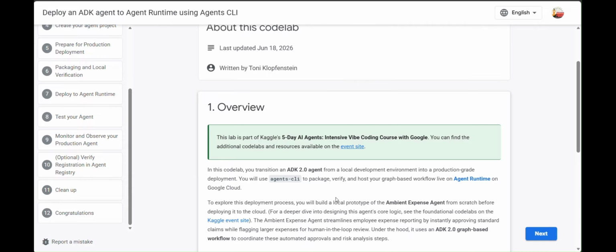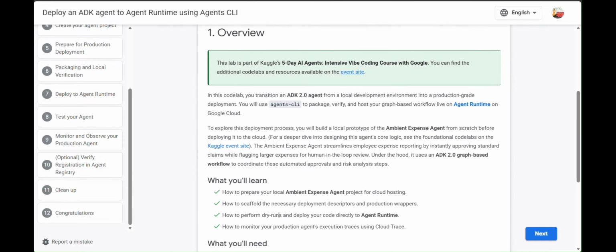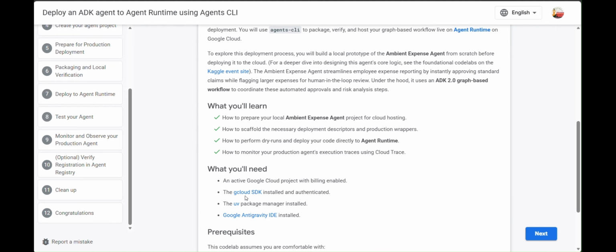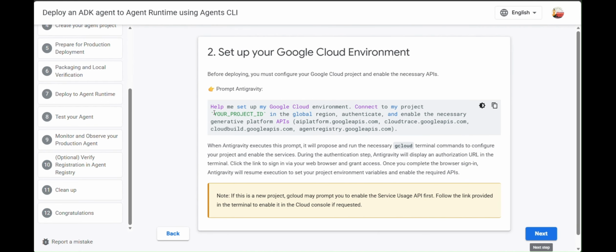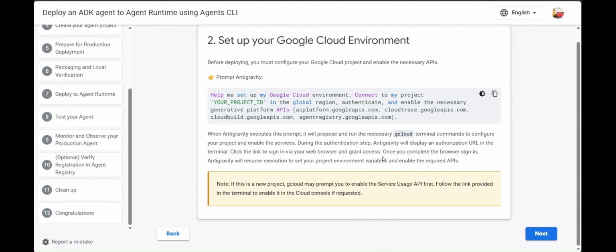So creating and deploying an agent in the Google Cloud. So that's where we got to. And now it's a session on deploying an ADK agent to Agent Runtime using Agents CLI. The overview of the chapter, we have